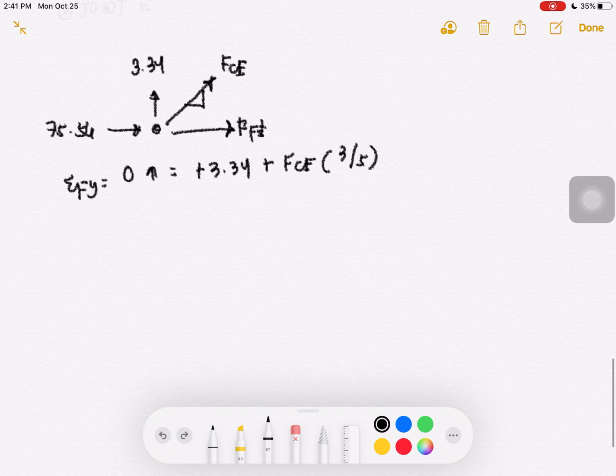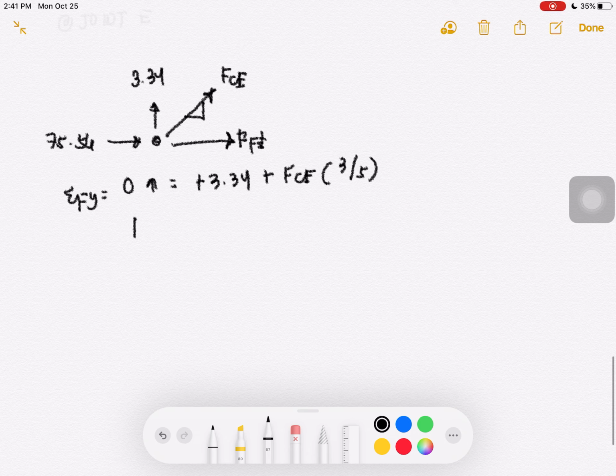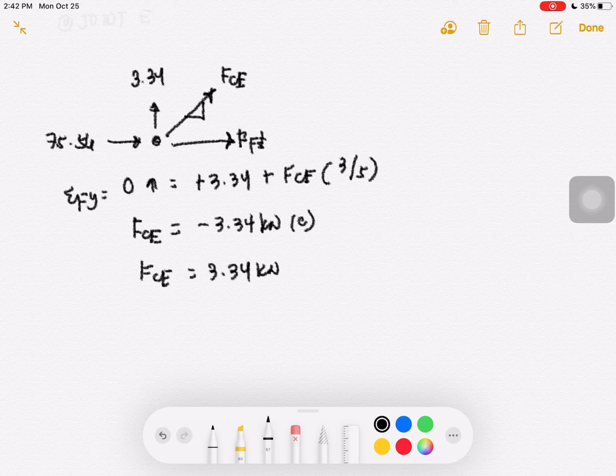Okay, so to simplify, you calculate FCE. Ilan siya? Negative 3.34 kilonewton. You assumed first that it is in compression, so your FCE now is 3.34 kilonewton in tension. Okay,